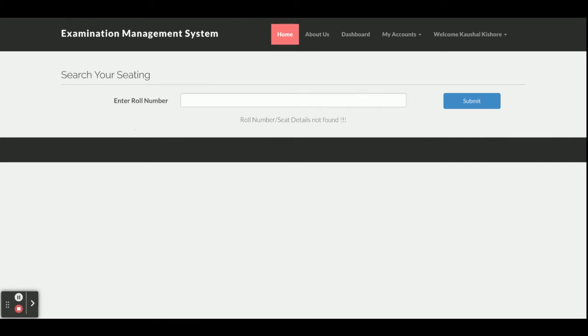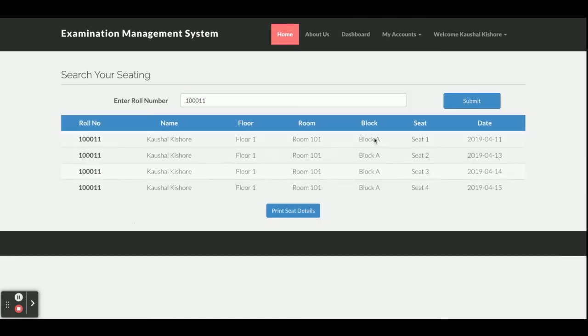Let me check the roll number of the student first in the database. Okay, I got the roll number, and it is 10001. So the student will enter the roll number here, and once he clicks on submit, he will be able to see all of his seats according to the date.